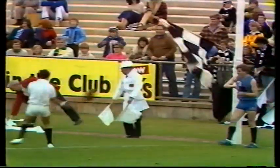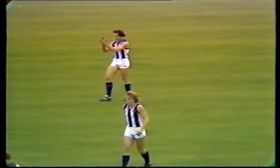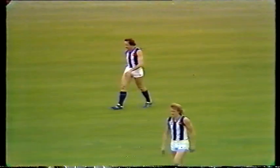Could be touched as it goes through. What's the result? No, it's a goal. Well, this time Alves has been successful, and I think it was his kick from centre wing that put it through, or did I call Glendinning? Jerry, I think it was Glendinning. It was Stan Alves, Ian, that you called correctly, coming up over the half-forward line and putting a long kick